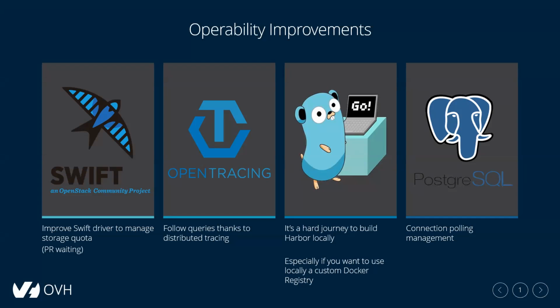The last one of the problems, which is the first one shown on this slide, is maybe a bit more specific about the fact that we use OpenStack Swift as a backend. We do that because all our public cloud offerings are based on OpenStack, except the Kubernetes one and potentially the Registry one if we continue with Arbor. And we see that some of the features of Arbor, such as, for example, quota management, were not integrated with the Swift backend, so we did a PR for that.